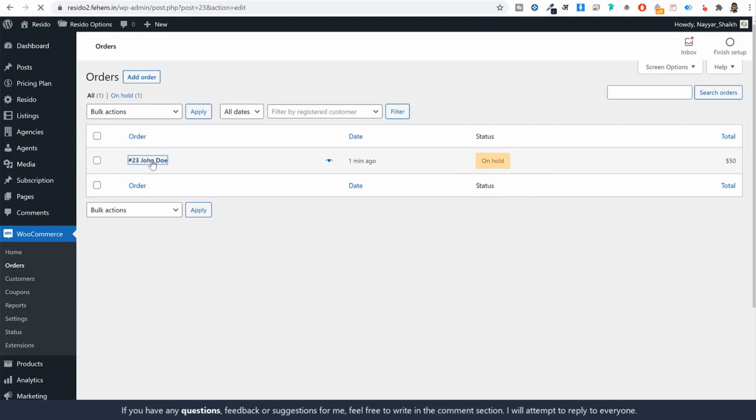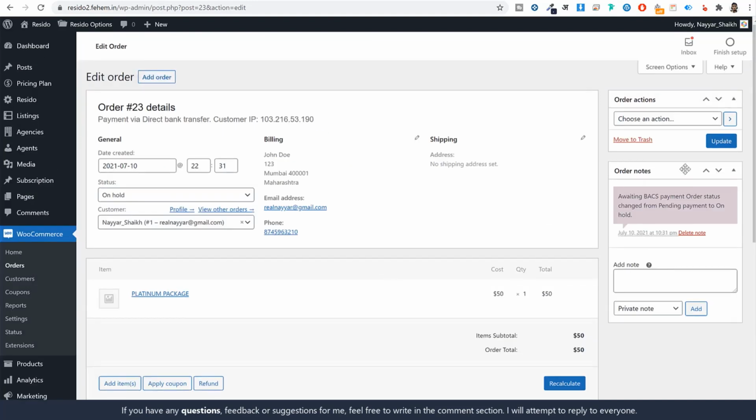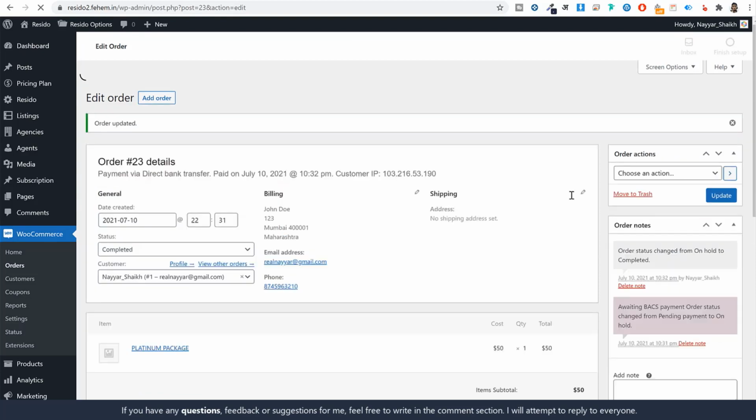If you open this order and see that you have received the money from this person, then you can change the status of this order. If you've confirmed that you have received this amount in your bank account, you can change the status to Completed and click on Update. Okay, now as you can see,